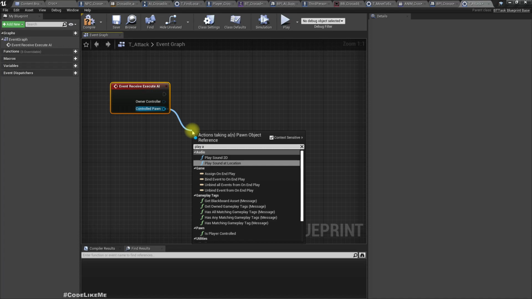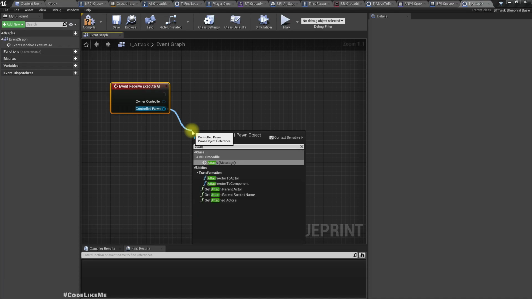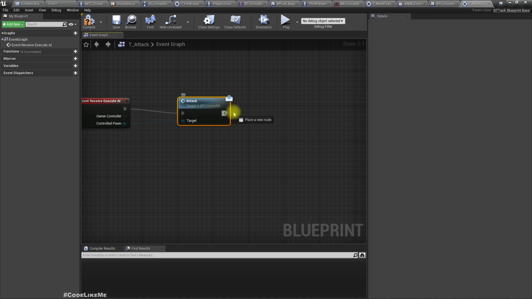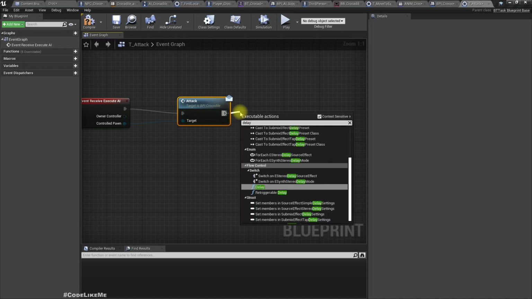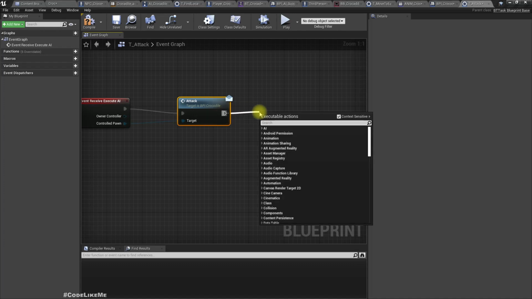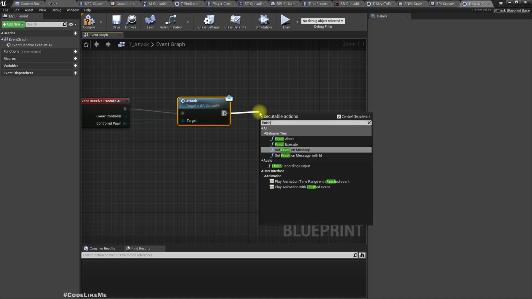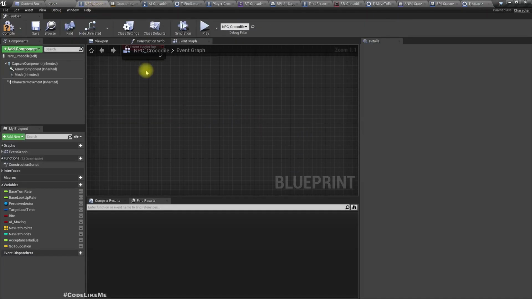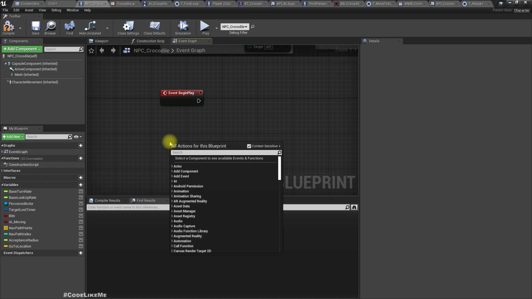Oh, we can't. Right, but we can call attack, and after the attack we can have a delay. Oh wait, we can do that in the behavior tree itself. Finish execute with success. Right, now I'll implement attack